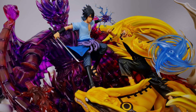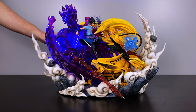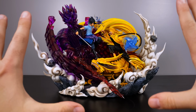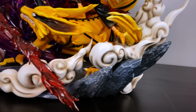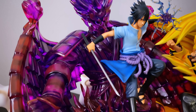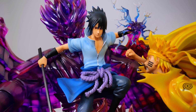As everyone knows, I love putting some LEDs behind statues. Here's my little spotlight behind the Susanoo. Looks great. Big thanks again to Akshay for letting me showcase this on the channel. I do love the yin-yang feel of the balance all around, the true 1v1 style. A lot packed on here with this statue with everything going on. From certain angles, I love it, like right here or looking upwards towards Naruto. I love certain angles. Looking at it head on, I think that they did maybe cram a little bit too much in here,